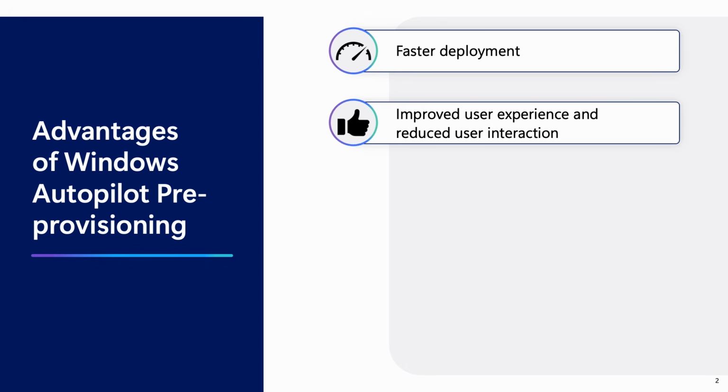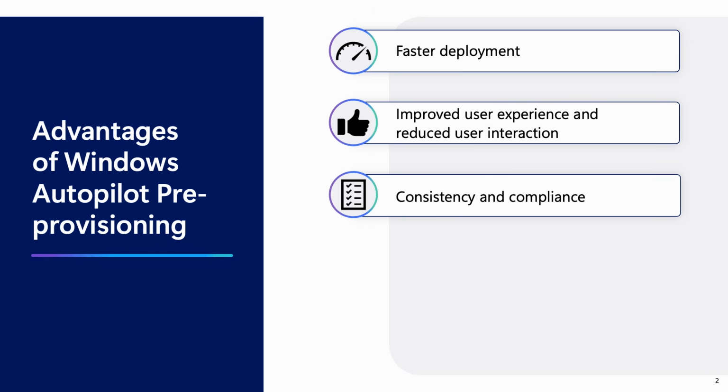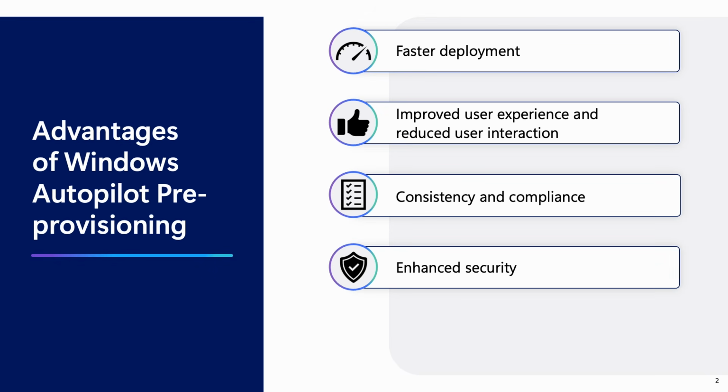Pre-provisioning ensures that all devices are configured consistently according to the organization's policies and standards. This helps maintain compliance and reduces the risk of misconfiguration. By pre-configuring devices with security policies and applications, organizations can ensure that devices are secure from the moment they are powered on. This aligns with the Zero Trust security model by enforcing security measures before the device is handed over